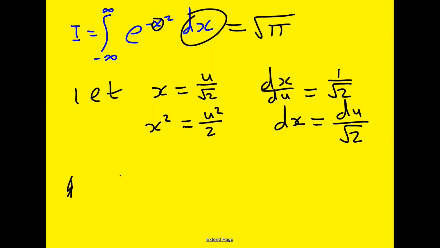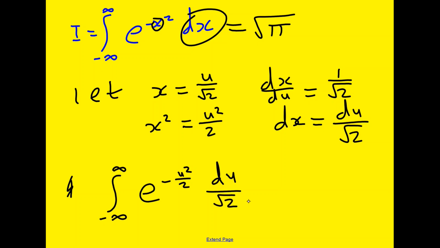So I can therefore say that this thing now in terms of u will be minus u squared over 2 du over root 2,